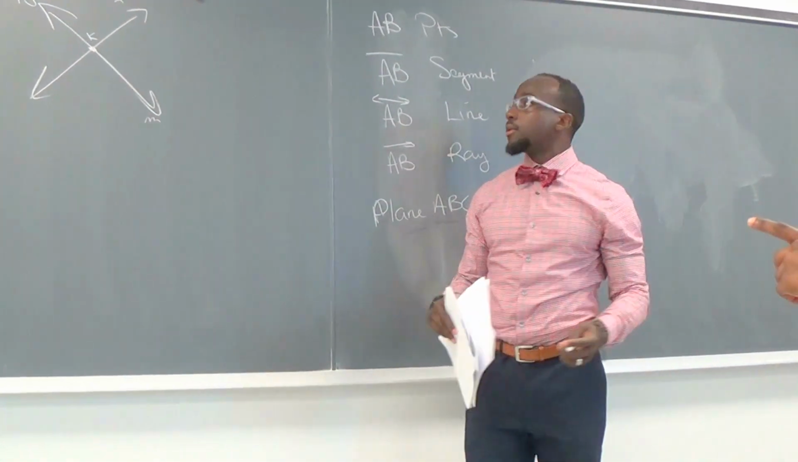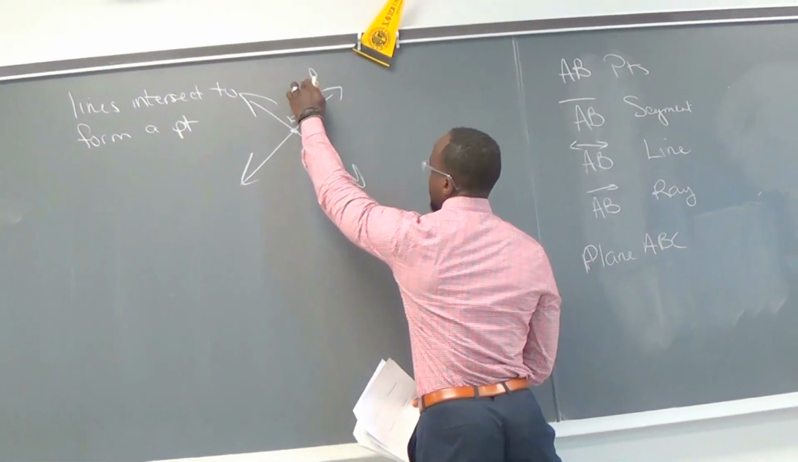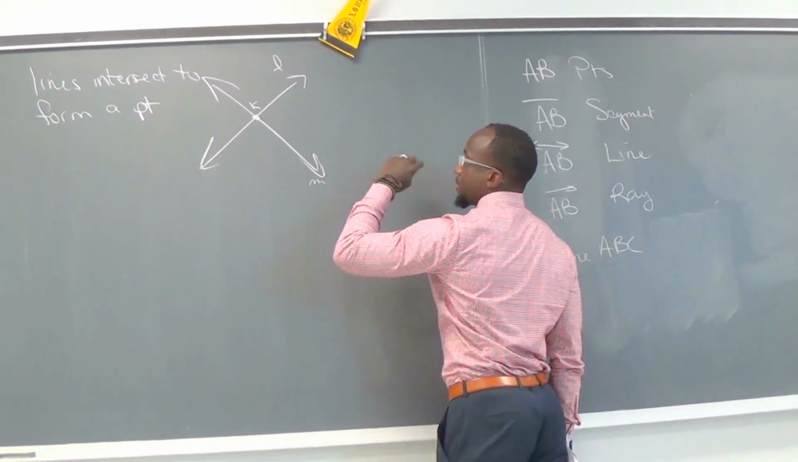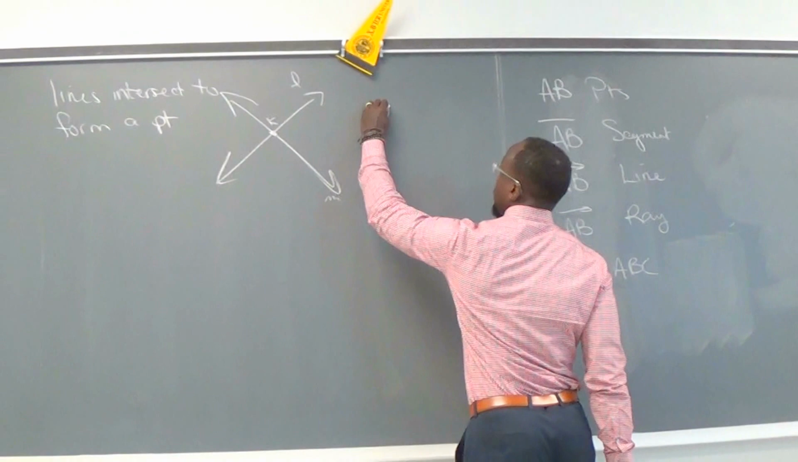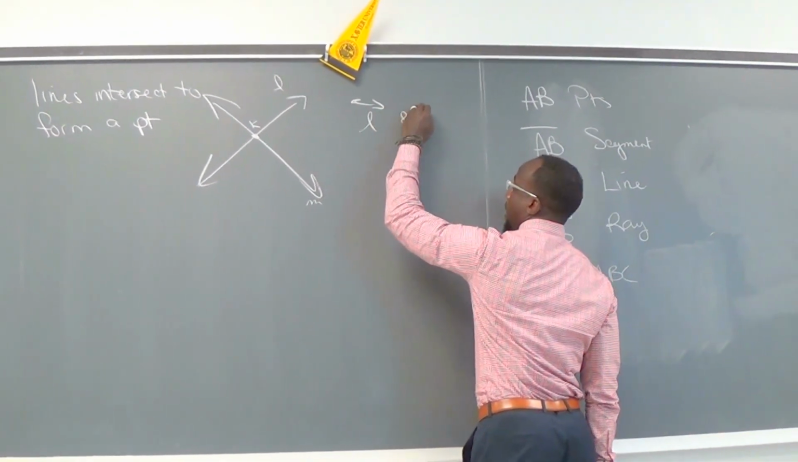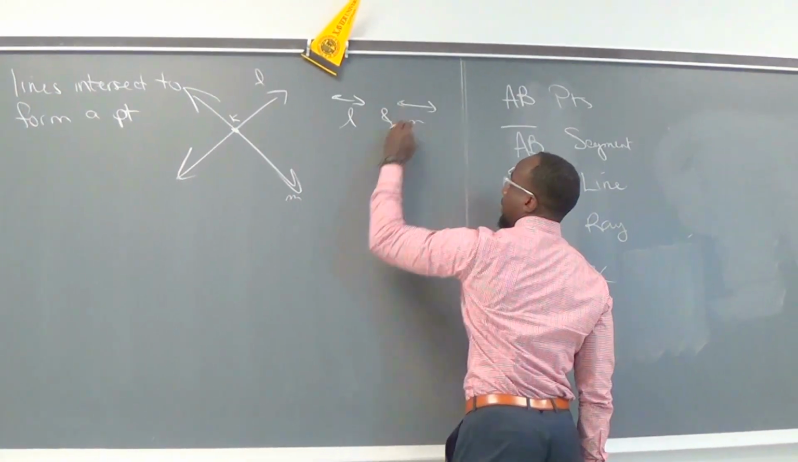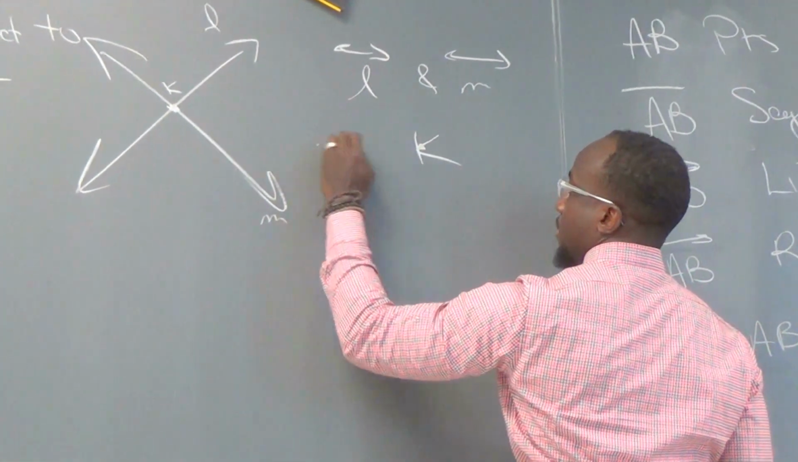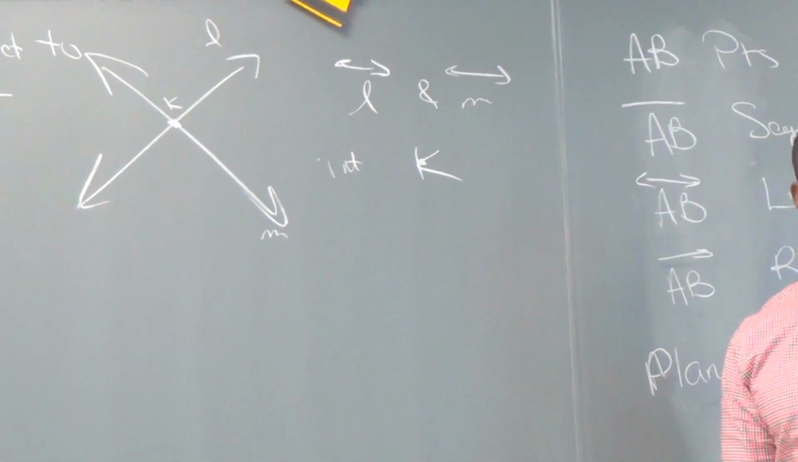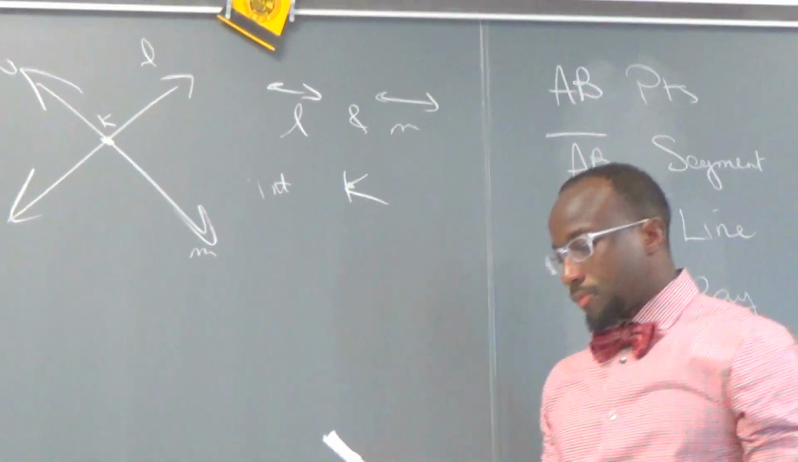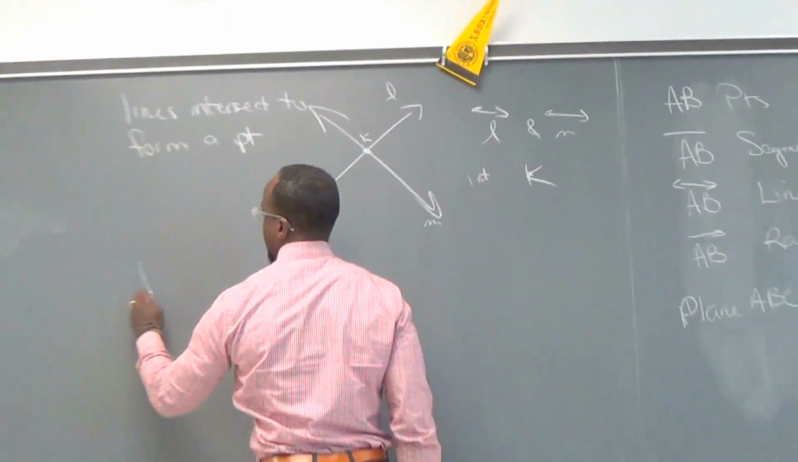What's an L? This is line L. This is line M. So what would go first? It really doesn't matter. So line L and line M, they intersect at point K. Okay? Now, planes